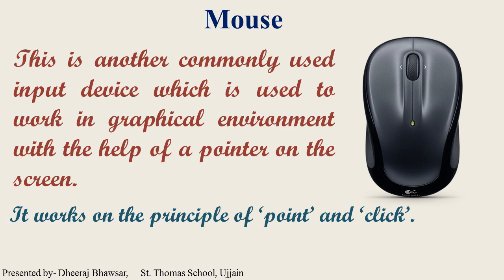Double clicking is used to open items on your desktop or other places. And dragging is used to move a file or folder to a different location and to move windows and icons around your screen. And the operation of the right button. So right clicking is usually used to display a list of things you can do with the item. To right click an item, point to the item on the screen and then click the right button.